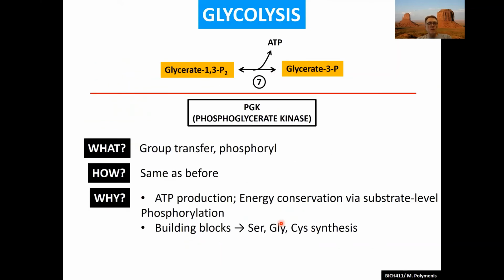In addition, glycolytic intermediates, especially in the lower part of glycolysis, are extremely important building blocks for biosynthesis. It turns out that 3-phosphoglycerate, this one, is a key building block for making, let's say, amino acids, in particular serine. Very important, and we'll come back to that later in the class. So yes, we're focused on ATP production here, but another major role of the lower part of glycolysis is to have these key 3 carbon unit intermediates for biosynthesis.